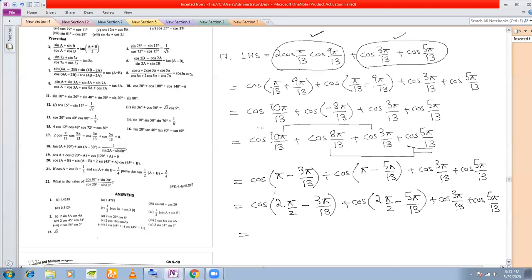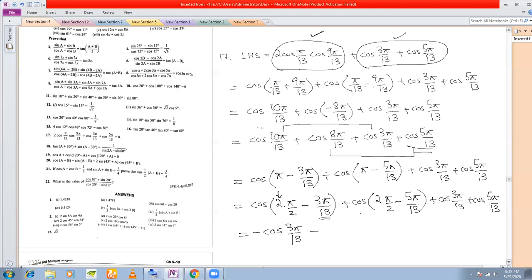Now see, this is an even multiple, right? 2 is an even multiple. So cos remains a cos. Also, 2 into pi by 2 minus some angle means 2 into 90 degrees minus some angle. That means it has to be in the second quadrant, in which cos is negative. So give a negative sign, and with this angle, 3 pi by 13. All this I have discussed in your negative and associated angle.